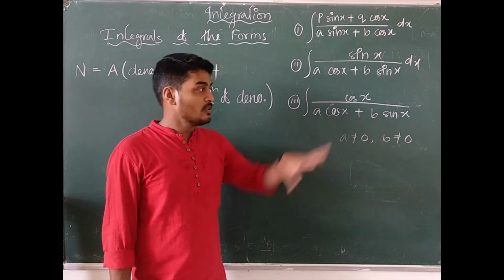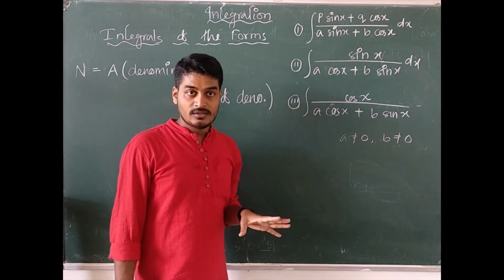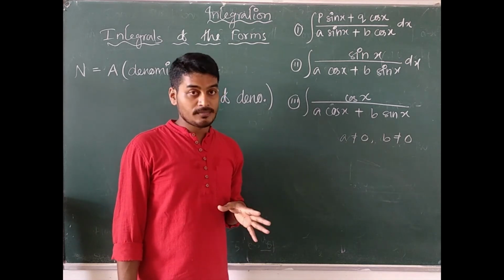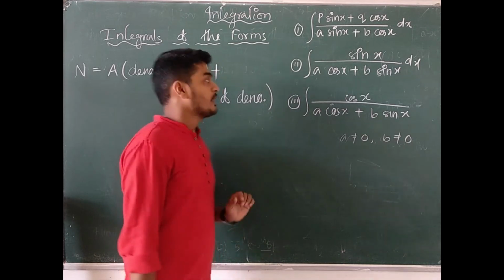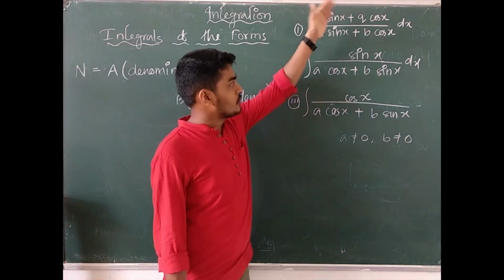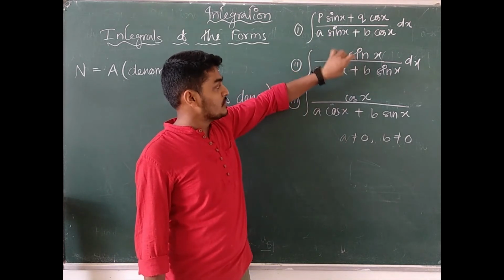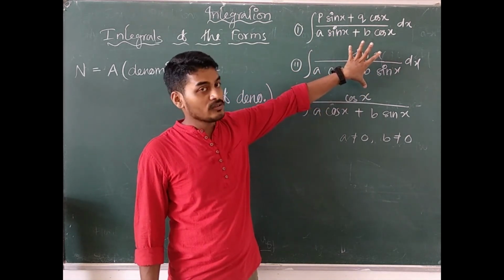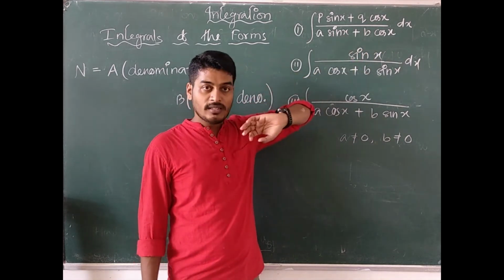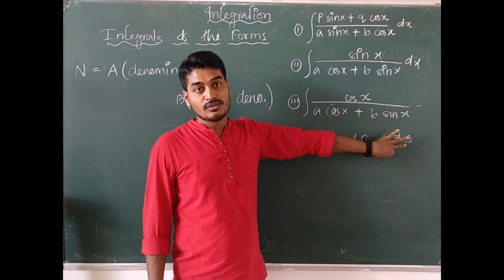But remember that all those questions maintain one specific pattern. So now I'm going to discuss the pattern only. Just listen carefully. First of all, go to the forms where in all those three cases the denominator contains an expression of sin and cos, where a and b are constant quantities, and it is stated that a should not be equal to 0 as well as b should not be equal to 0